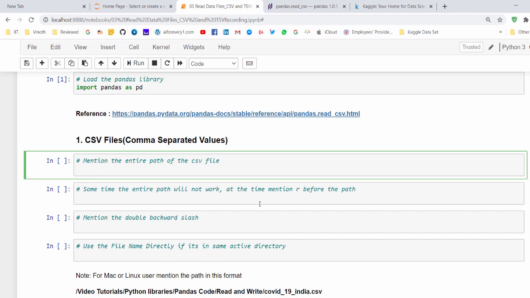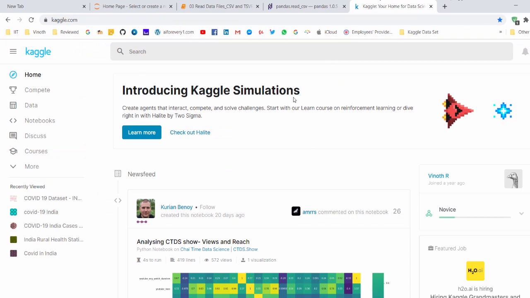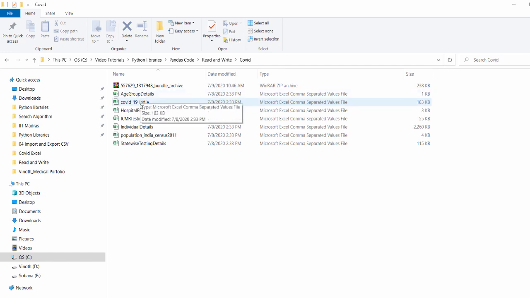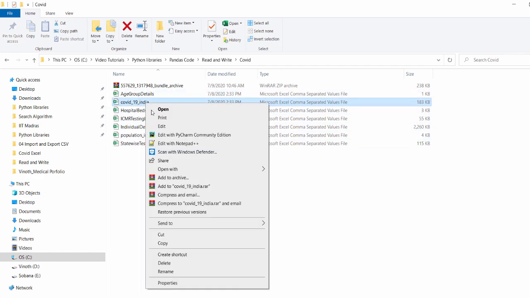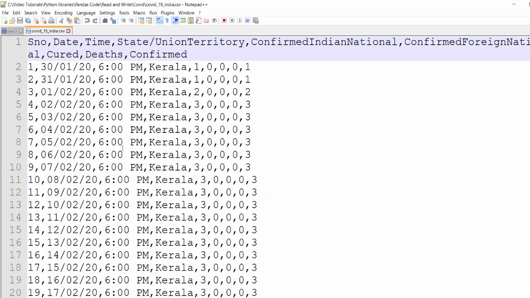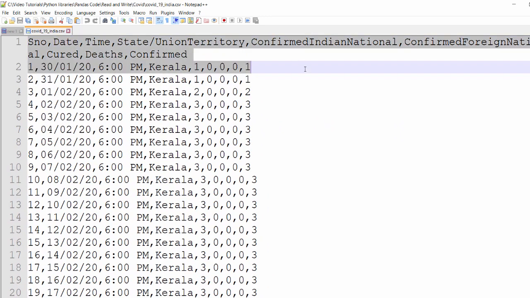For the CSV file, the sample dataset I have downloaded from Kaggle. You can download any data file as you wish, and these are the files, and you can see the type is Microsoft comma separated value files. Let me show you a simple example. Opening with a notepad, this is how a comma separated file will look.